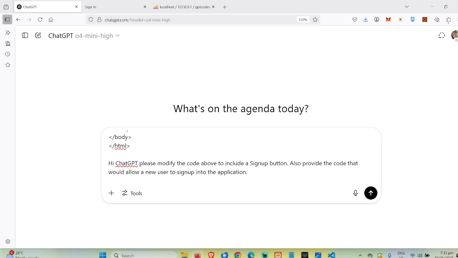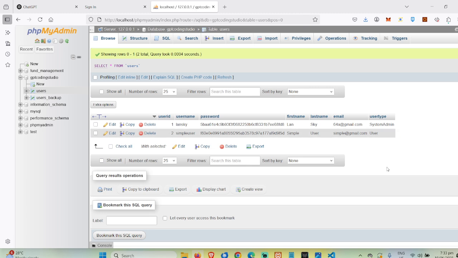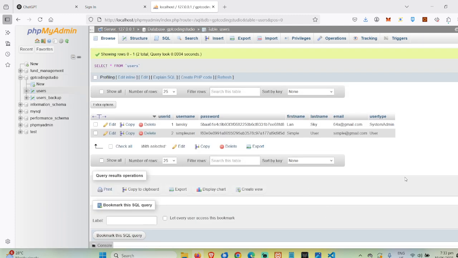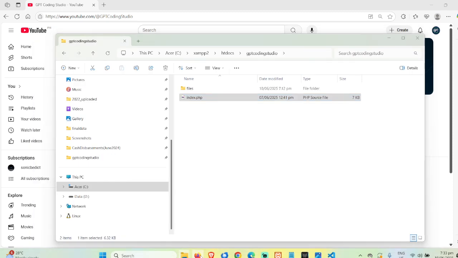After this, the instruction is not yet complete because ChatGPT does not know the data structure of your users table. Our users table is here in the GPT Coding Studio. I have already made a screenshot of this, so let's send that to ChatGPT.